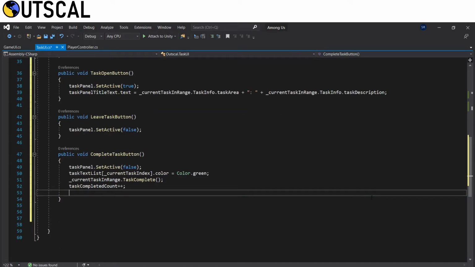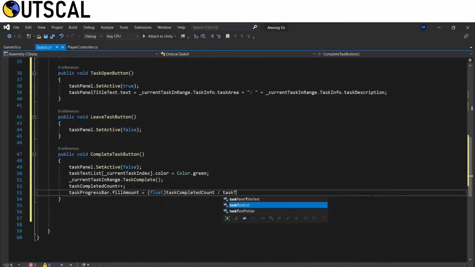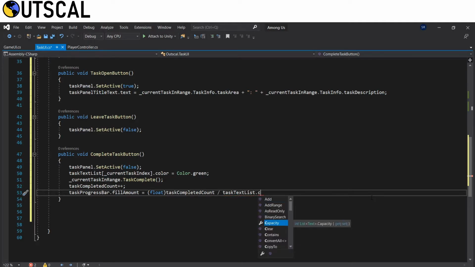After that we increase the task completed count by 1. And then we set the task progress bar fill amount equal to task complete count, which we cast as a float, divided by task text list dot count.